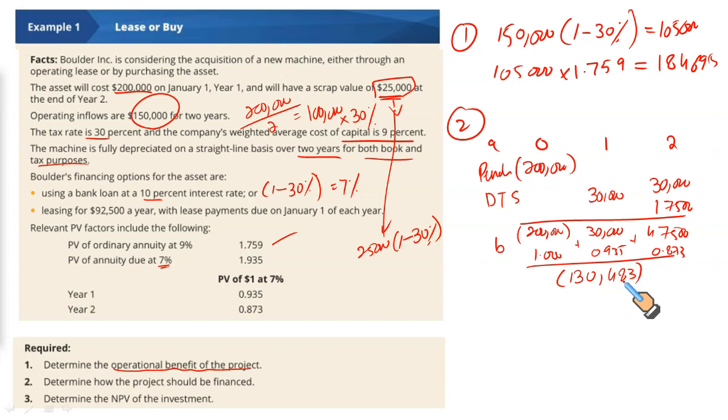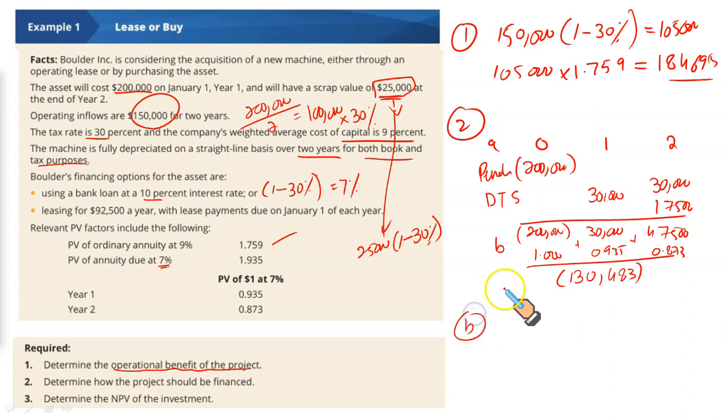This is the present value of outflows in case you borrow the funds and then use it to acquire the asset. We have separated the operational benefits separately in the first part. Keep it separate. I haven't taken any inflow from operational benefit. I've just taken the debt tax shield, the disposal value, and the initial outflow. So 130,483. In the third part, if it is an operating lease, it didn't meet any of the 5 criteria.